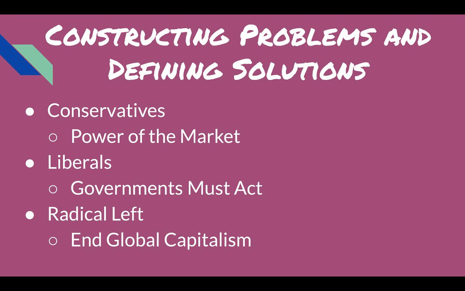So anyway, very different takes on what to do, right? Conservatives are like, hey, let the market decide. The liberals are like, hey, the government's got to do something to get people to not be such jerks. And the radical left is saying, that's not going to work. You got to just end the whole system of global capitalism, because as soon as there's an economic advantage to not helping people, you're not going to help people, right? So anyway, very different takes.